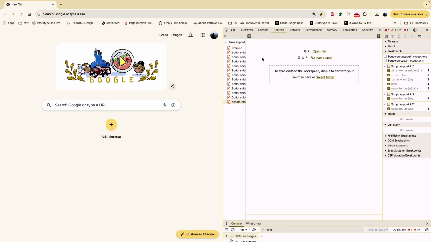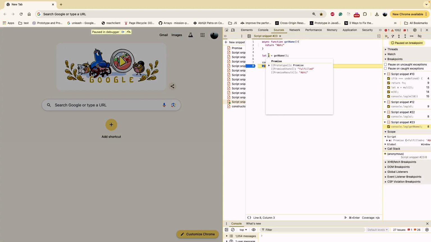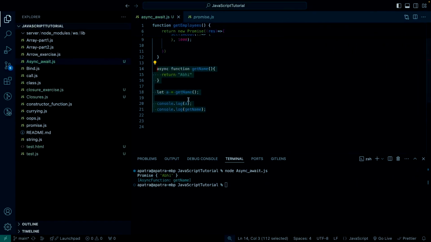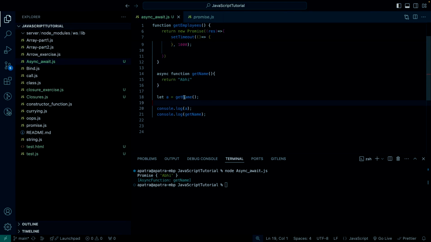So we can just use that example in the snippet, and you can try to understand what is actually a. Yeah, so you can see a is a promise because the async keyword has been used before the function. And with the promise state, now you can resolve this promise by using then, catch or finally. As it's always returning the fulfilled or resolved state, you can use the then method to catch the result, like getName